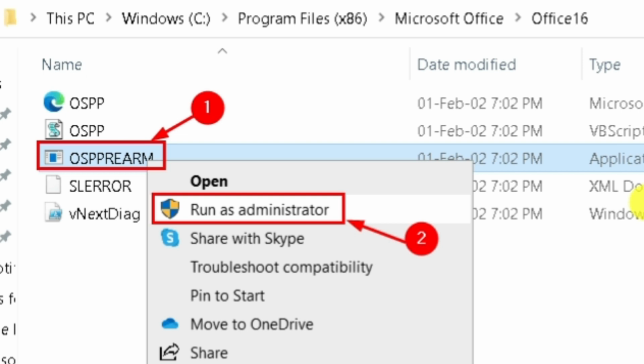So that's how to go ahead and fix if the Word product activation has failed on a Windows 11 or